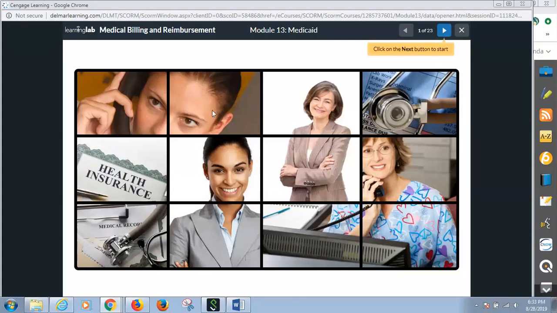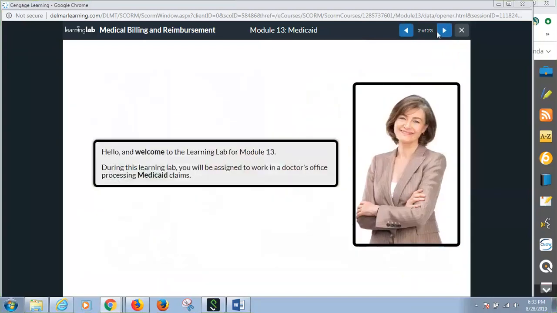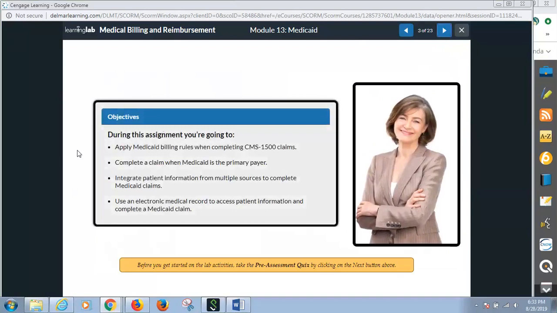But okay, so this is what it looks like. This is my Medicaid. You'll come in and it tells you, and then you're going to start automatically in the office visit. It's amazing. I love these. And then it just talks about it. You'll like them. Everybody enjoys the EHR Go and the VLab stuff because it's getting you into actual EHR IT systems. But this gives you the perspective from sitting behind the desk, like what you would do if you were in the scenario when it came to claims and billing and making sure that you're meeting all the qualifications on that end.